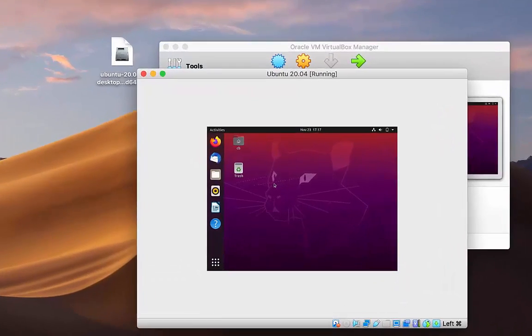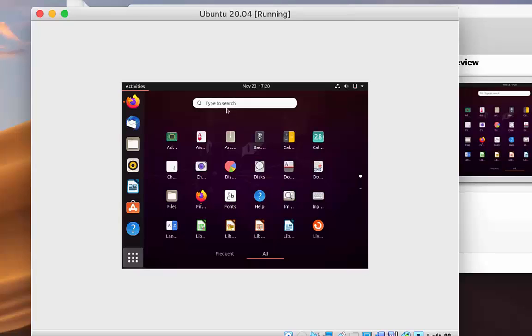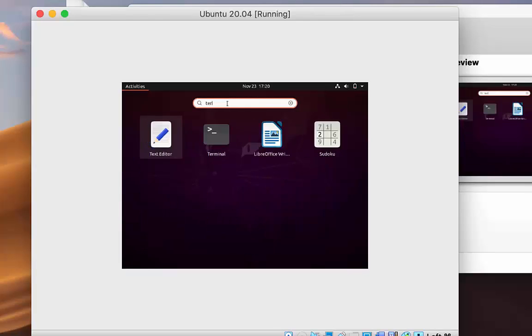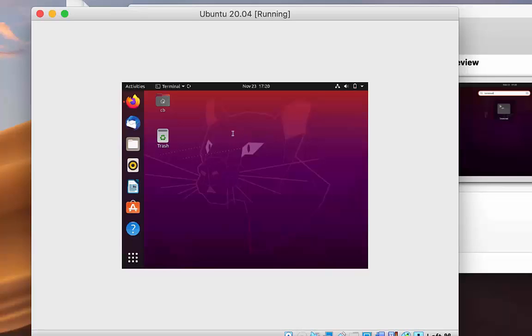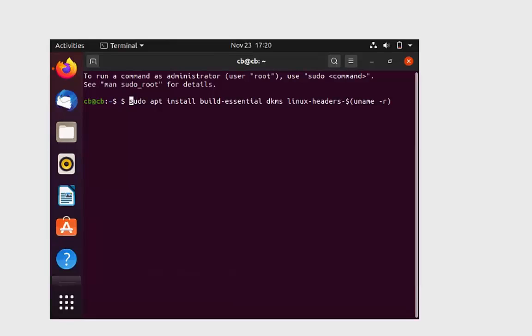guest operating system, right? So for solving this problem, first of all, you need to open your terminal. So just click on these dots here and then search for terminal. And once your terminal opens, you need to provide this command. I'm going to put this command in the description of this video, which is sudo apt install build-essential dkms linux-headers-$(uname -r). Okay, so you can just copy the same command and use it here and then press enter,